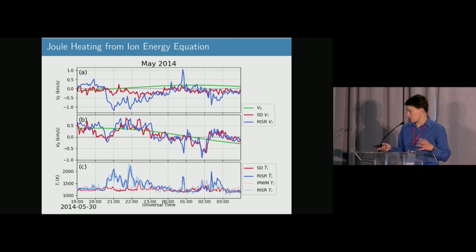For the other case, however, the calculation based on the convection map follows the IPWM calculation very well. So what that's telling us, and IPWM has a much more sophisticated technique for calculating ion temperature than the equation on the previous slide, is that it's really highlighting the real importance of effectively looking at these mesoscale flows. When there are very fast flows, even if they're very localized, they're very significant for heating the ionosphere.